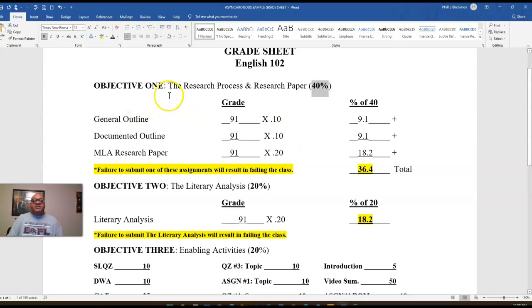So starting with objective 1, the research process and the research paper. This was the big project we did this semester. We spent most of the semester on this assignment. So for the general outline, I have your grades here. Whatever grade that you made on the general outline, the documented outline, or the final MLA research paper, put the grade here and multiply that grade by, in this case,